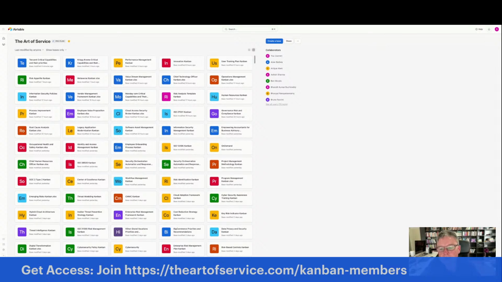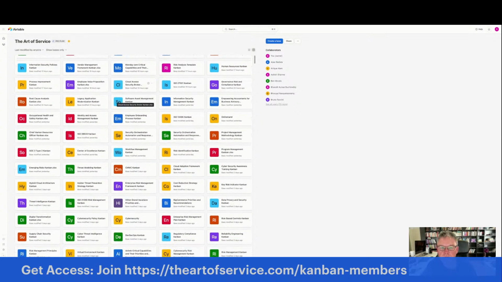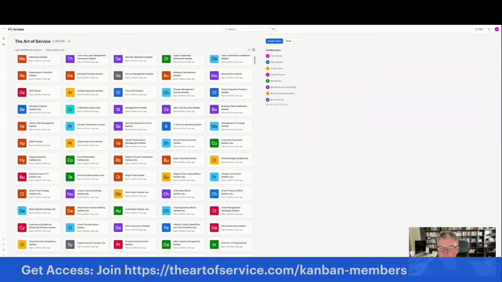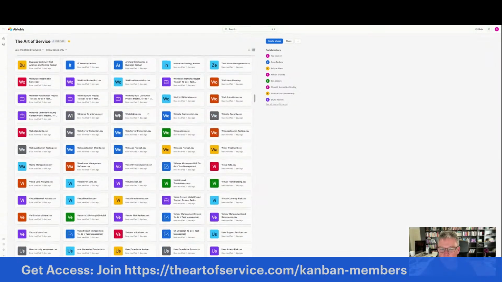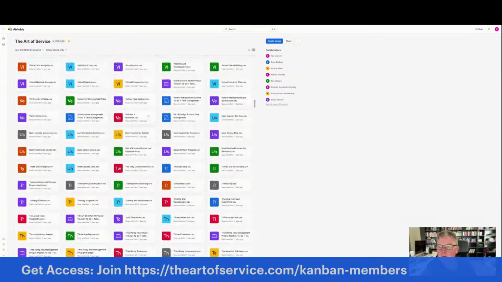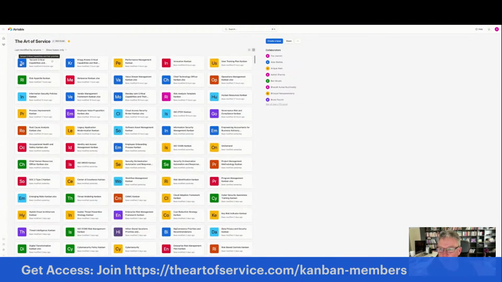Apart from all the self-assessments that we're already producing, as you can see on your screen here, you see self-assessments. For instance, performance management, innovation, user training, risk appetite, even metaverse, value stream management, chief technology officer, operations management, etc. And it just goes on and on. The list goes down and down. I won't bore you with that. If you know us, you can look at store.theartofservice.com, and there you'll find all the assessments. What we're focusing on today is Tencent, Tencent's critical capabilities and their priorities.